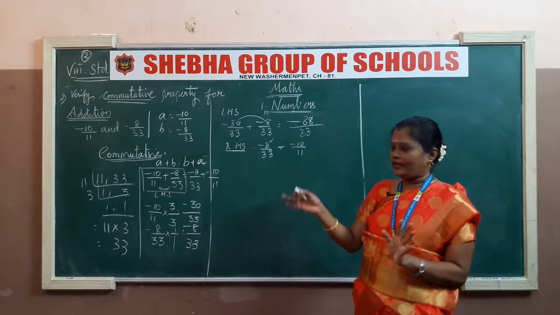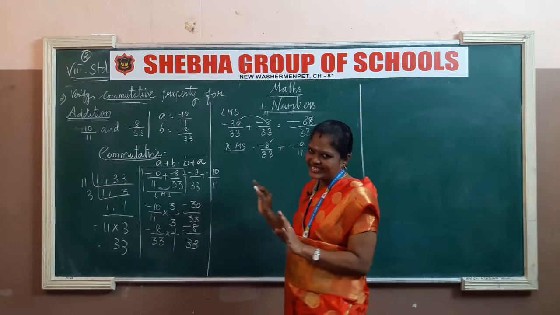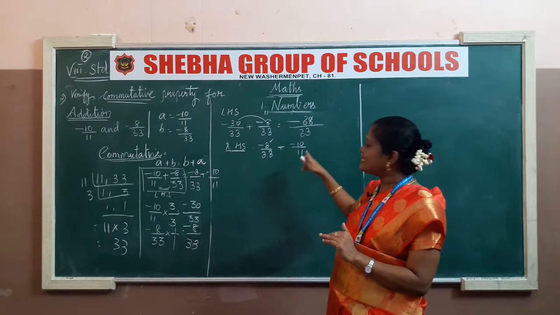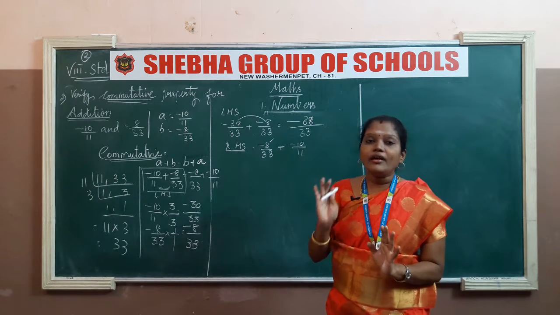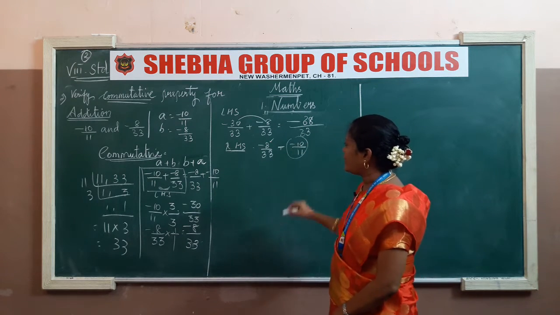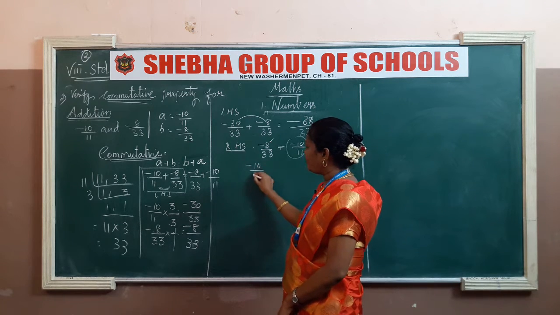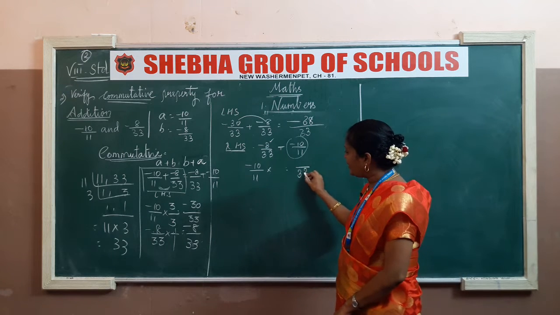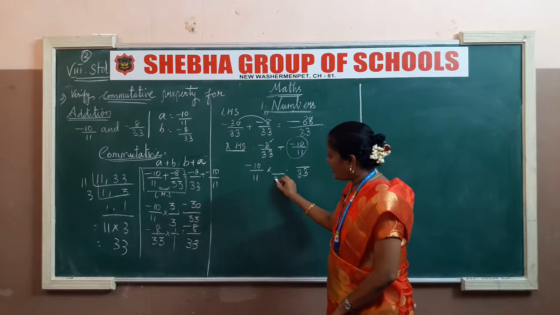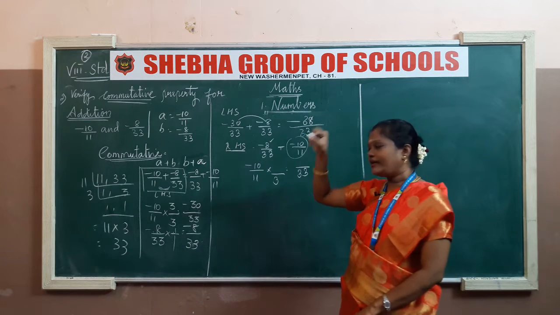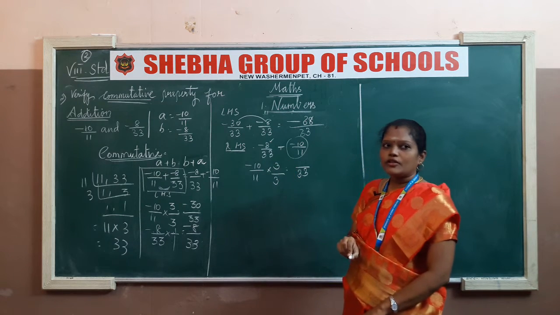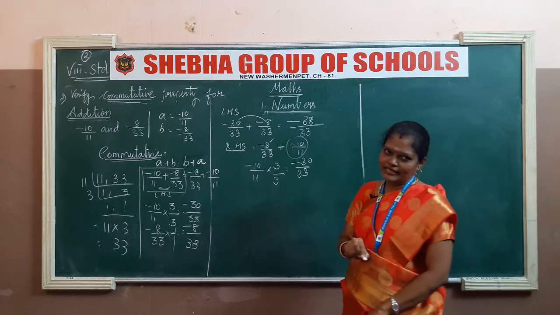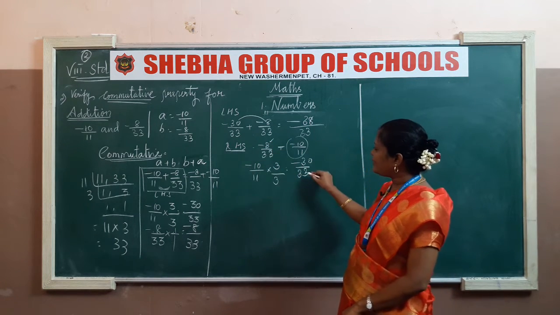Here the number is already 33 itself, so we don't do anything. Okay, take the first number as it is. So what do we have to do? We have to convert this 11 into 33. That is our duty in this sum. So take this number, minus 10 by 11. What number multiplied with 11 gives 33? Yes, very good, 3. Below we multiply by 3, so in the numerator also the same number. Am I right? So 3 tens are 30, plus into minus, minus 30. Okay, so this is our first number, this is our second number.